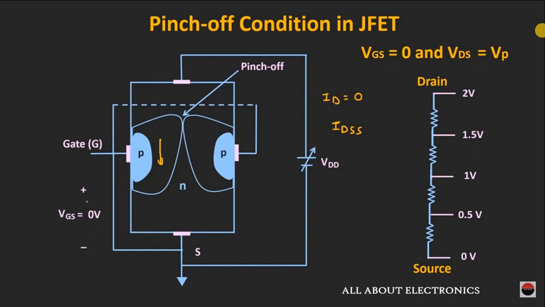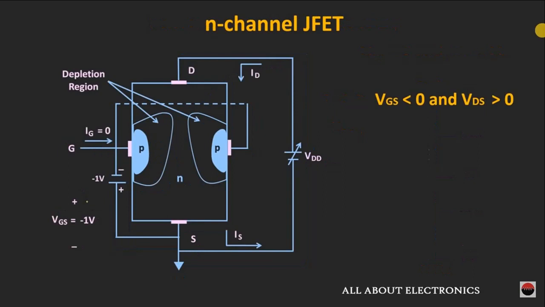First, let us assume that VGS is equal to -1 volt. Due to this negative voltage, the depletion region will get created across this PN junction. As we keep on increasing this voltage VDS between the drain and the source terminal, the width of the depletion region will increase. But now the pinch-off condition, or the saturation of the drain current, will be reached at a lower voltage of VDS, because due to this negative voltage of VGS, the PN junction is already reverse biased.